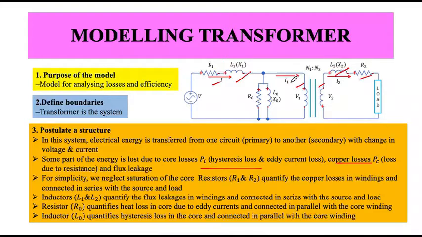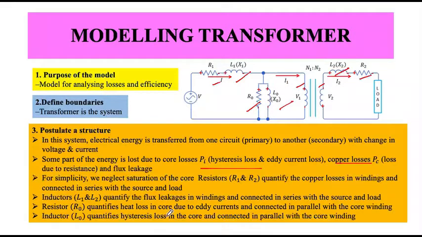There are certain losses in addition to the losses in the winding, called core loss. I will quantify them as R naught, a resistance which quantifies heat loss in the core,